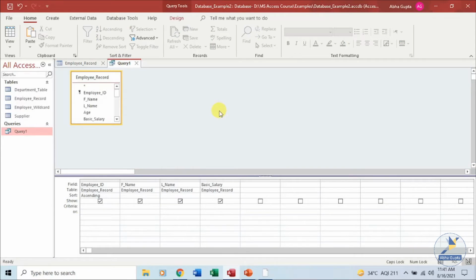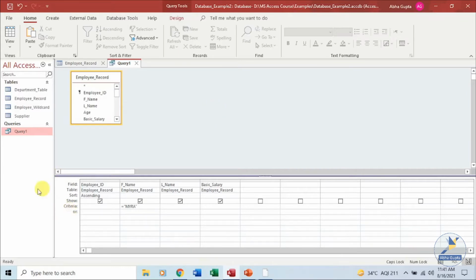Now if you are looking for some text, you will enclose it in double quotes, and if you are using any number, you can straight away type the number. Equality symbol, greater than, less than, and between can be used while specifying a criteria. I want the first name to be equal to Myra.